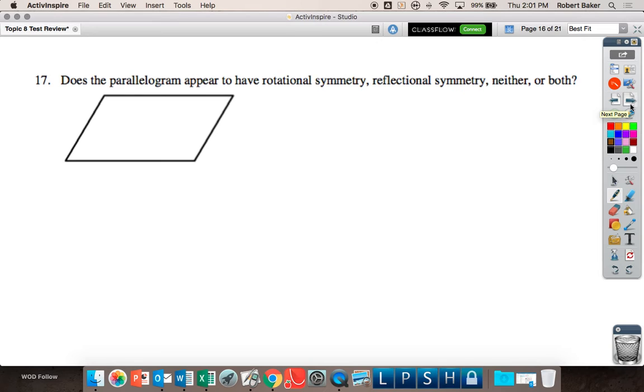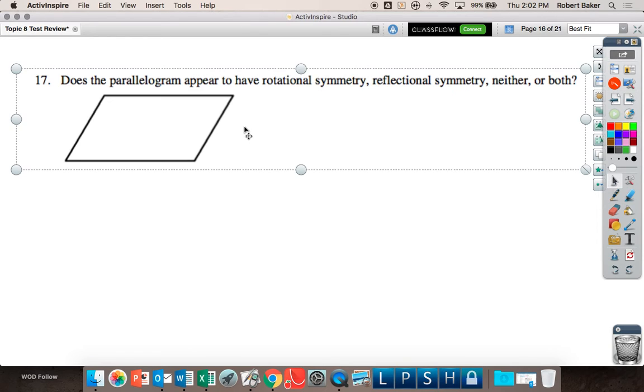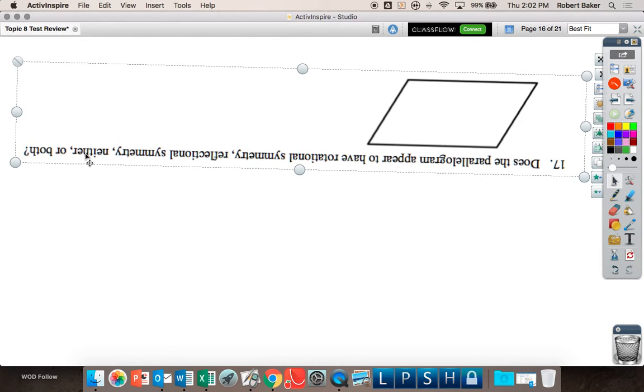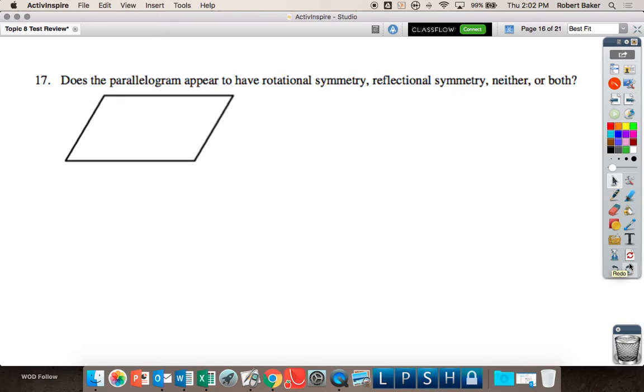We did this, right? Remember doing this? We cut these things out and we sorted them. What kind of symmetry does a parallelogram have? Rotational? So if I flip this upside down, you should see the exact same parallelogram, right? Let's try it. Yes. Do you see that parallelogram on your paper? Yes. So it has rotational symmetry. Does it have reflectional symmetry? No. So the only answer here is